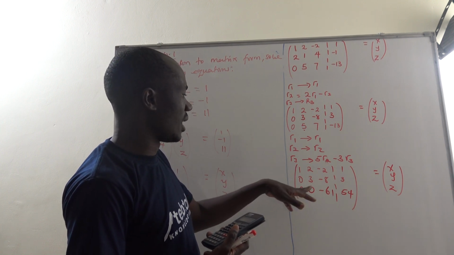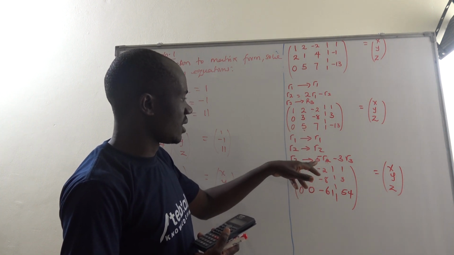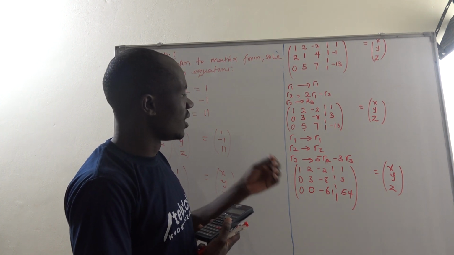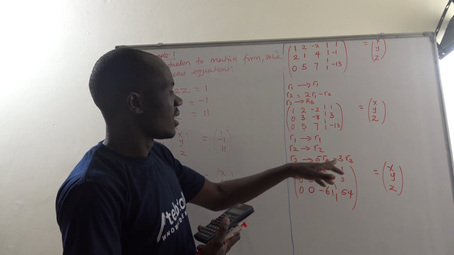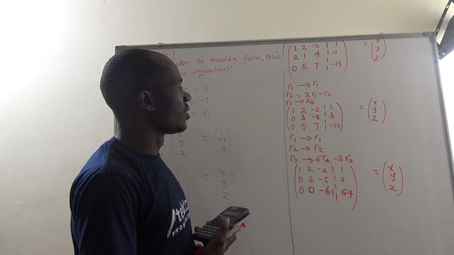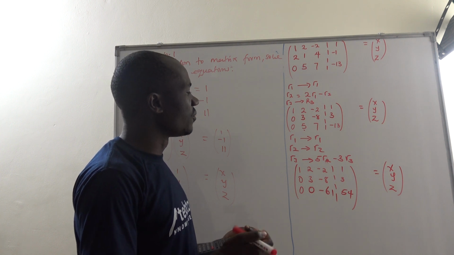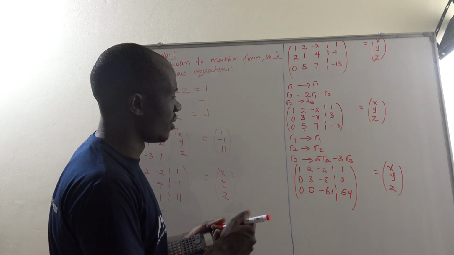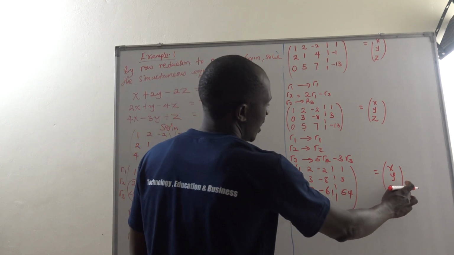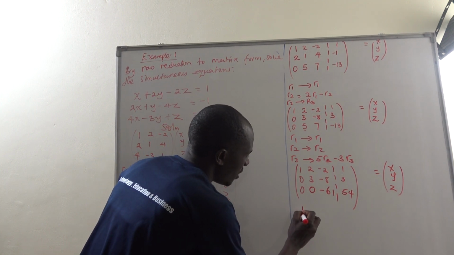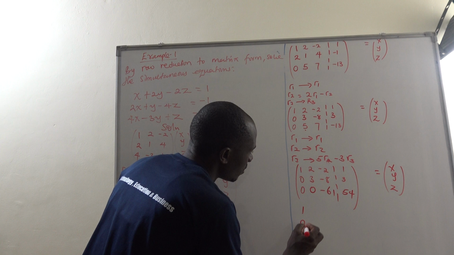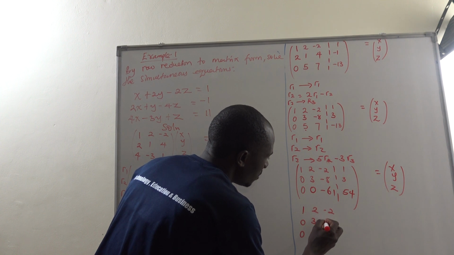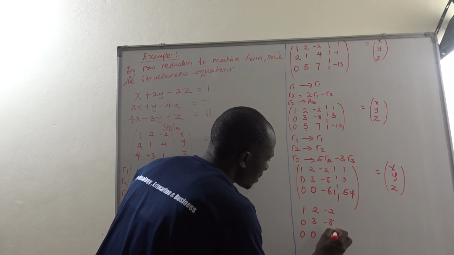So I want to repeat here again, we multiply 5, this is 5 times negative 8, we are getting negative 40. Then we go to minus 3 times 7, you are getting 21. Then we say negative 40 minus 21, it is already negative 61. So from there, take this one there and bring these ones there. So you are going to have 1, 0, 0, 2, 3, 0, negative 2, negative 8, negative 61,